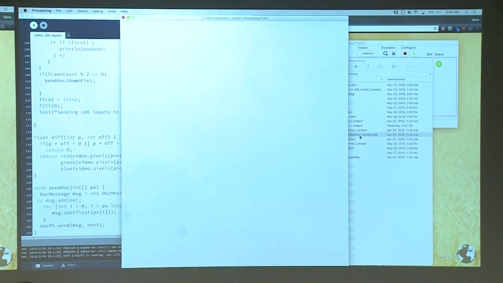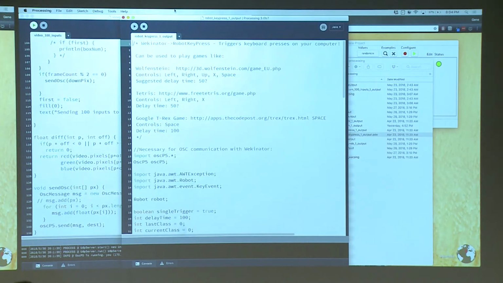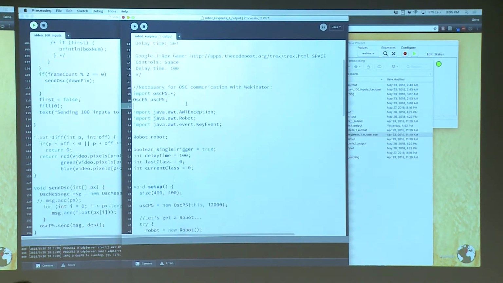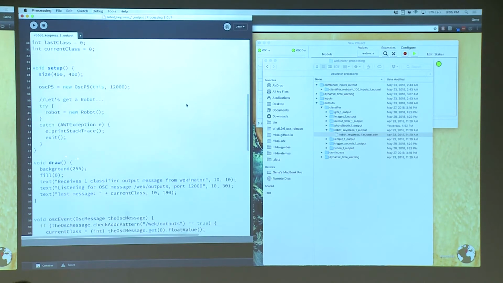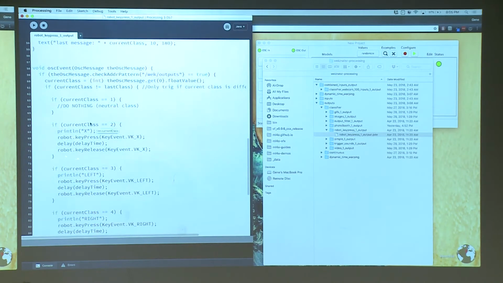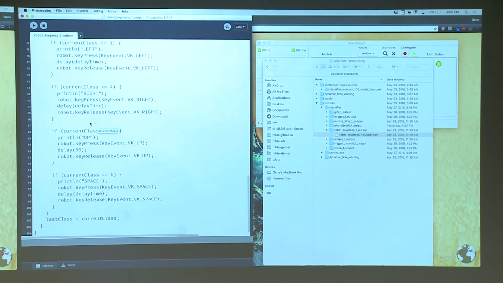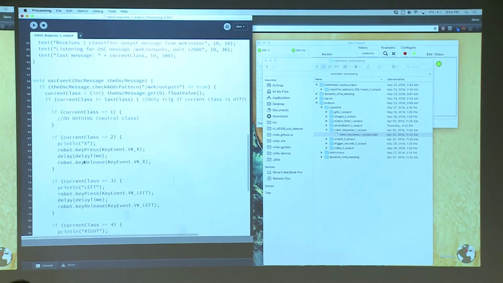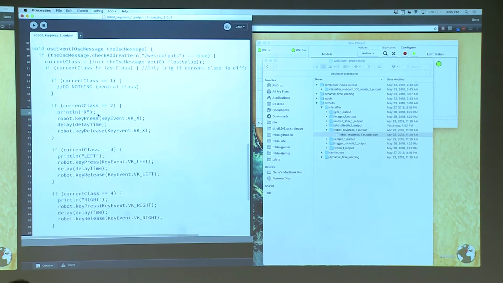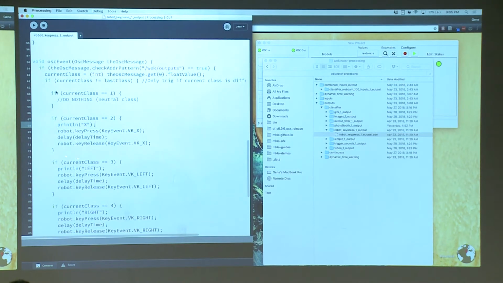So if you open robot key press, basically, right now, the way it's set up is that current class is 1, it does nothing. And in current class 2, it will actually hit the X key on your keyboard. So basically, if you run this,